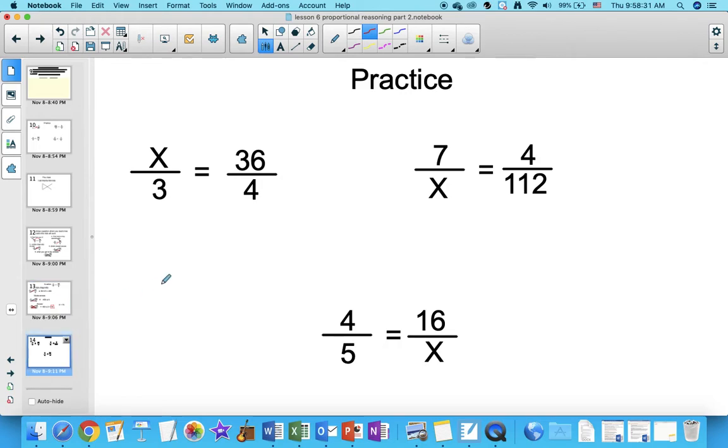right? So try these ones on your own, right? X, start here, 36 times 3. Whatever you get, divide that by 4. You get your answer,